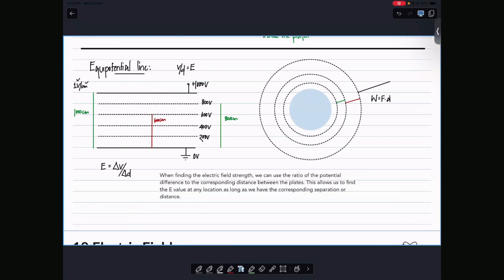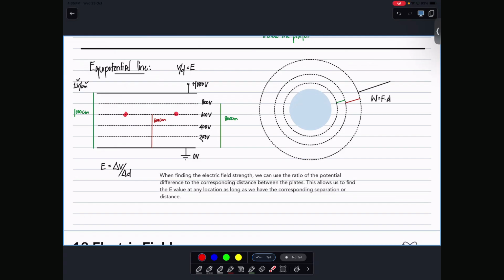Right, the horizontal lines are called equipotential lines. They represent a line along which if you move, you're not going to gain any energy or lose any energy. Why is that so? Because what's the formula for work done? Force into distance moved in the direction of the force, right?